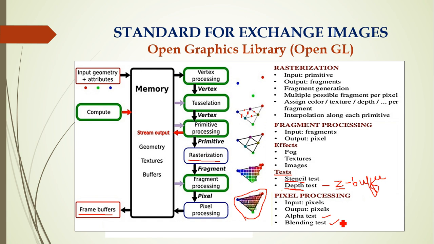So first we'll look at the alpha test, as well as the blending test. These are based on testing your image against a reference value, and the alpha test is similar to the Z buffer. It will again test the saturation of your color, similar to the stencil test, and the depth of saturation along the Z direction will again be tested by means of the alpha test.